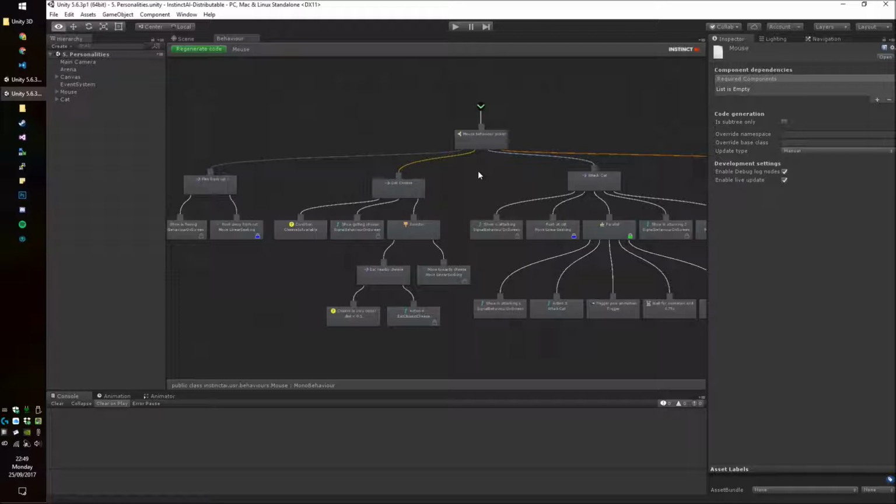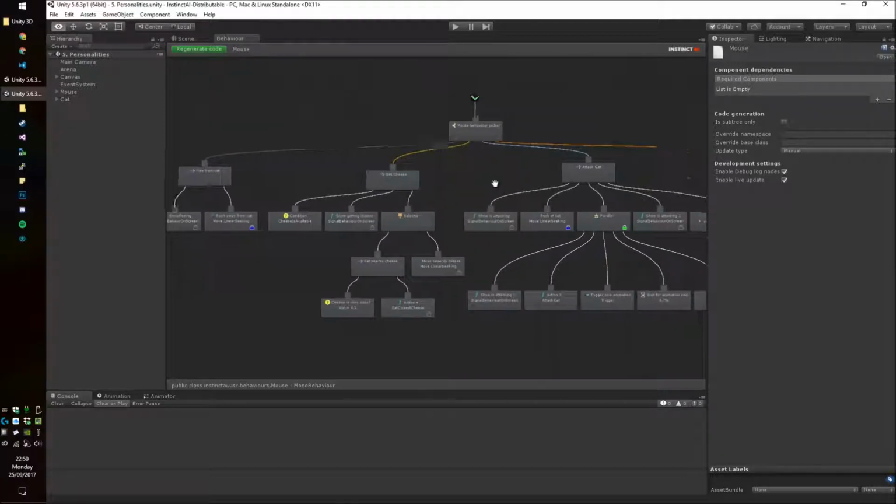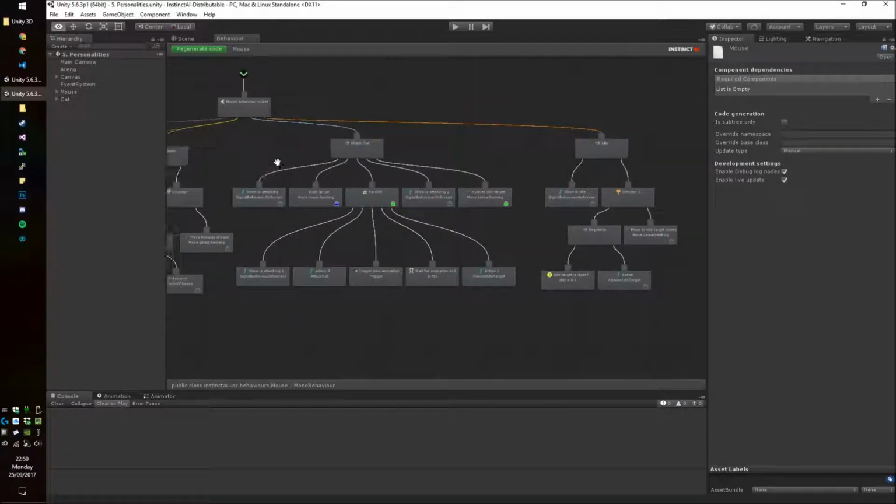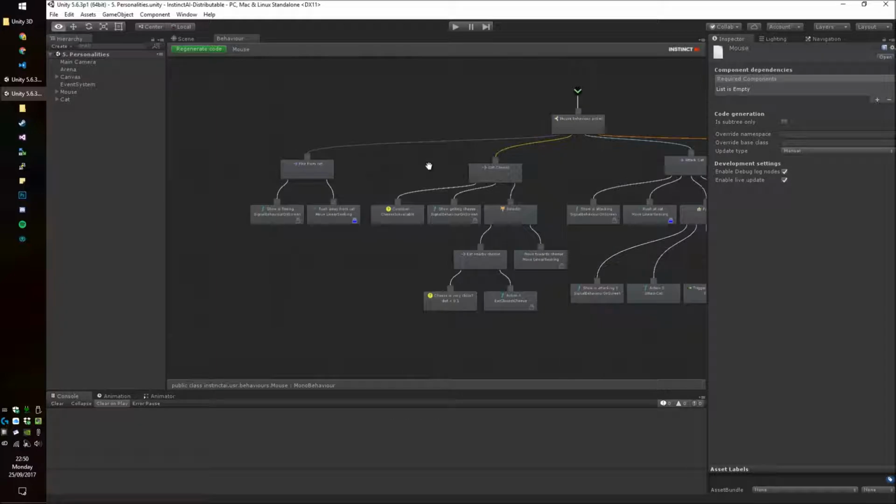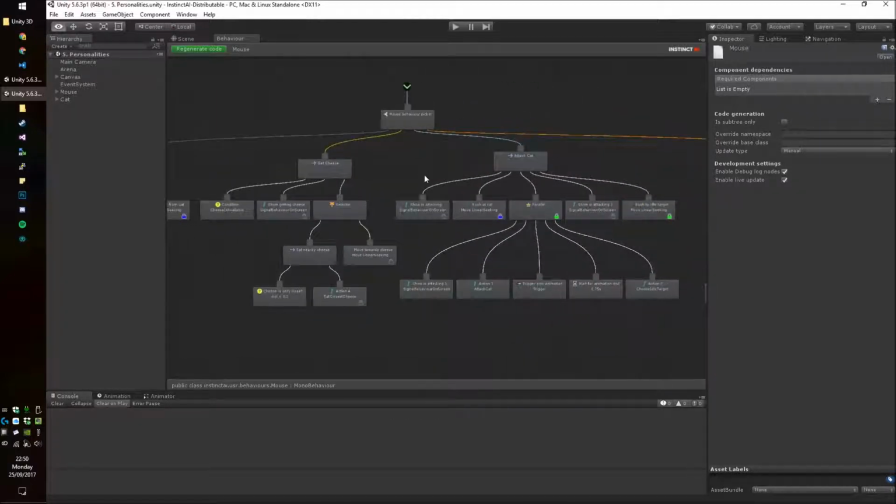Hello and welcome to this video which will be demonstrating Instinct AI, which is a behavior tree library for Unity. This here on the screen is a preview of what we will be building in this video, or part of it. This is a behavior tree,